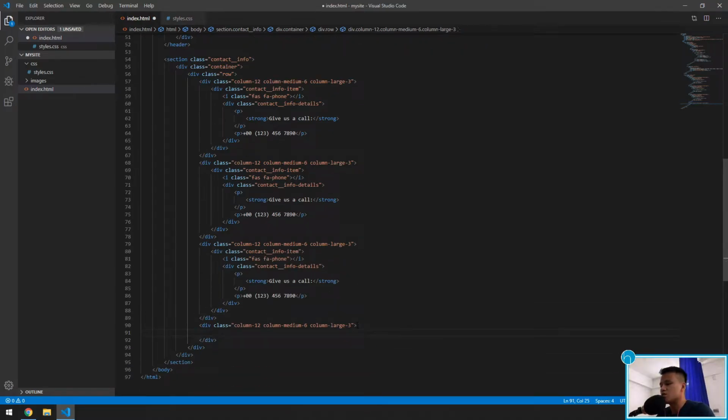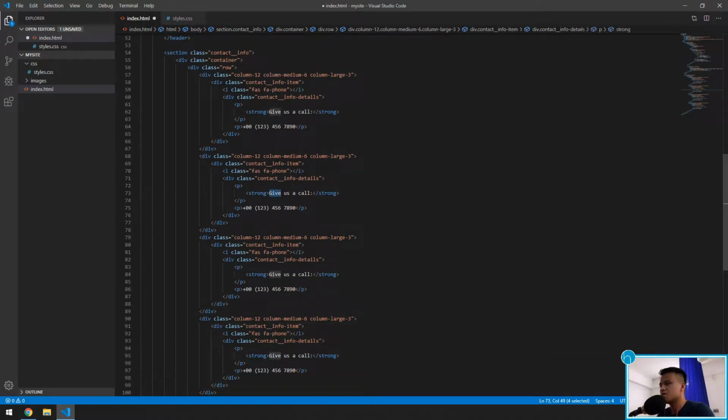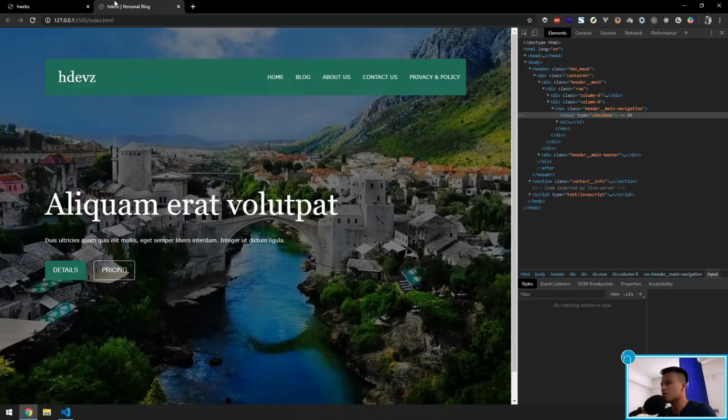Okay, for the 3 remaining columns we will copy and paste because the content is the same. We just need to replace some dummy text here. We will set the icon for the next column to envelope. For the third column is clock, and for the last column is marker. Okay, as you can see here,